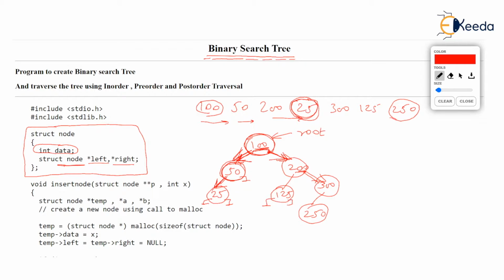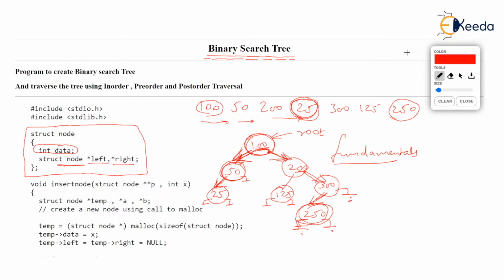So the left and right pointers of 250, as an example, will be marked as null. So it's a leaf node. The right pointer of 300 will be null, but the left pointer of 300 is pointing to 250. So all these fundamentals about how to create a binary search tree by hand on paper were learned by all of us in the earlier video.